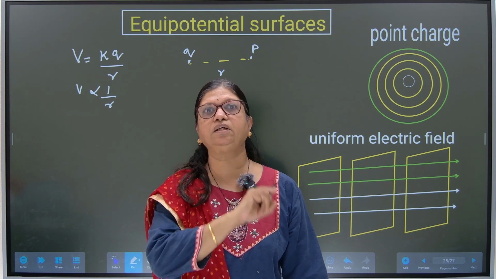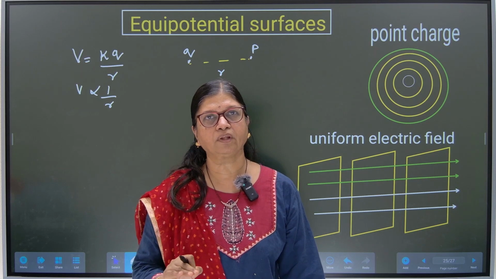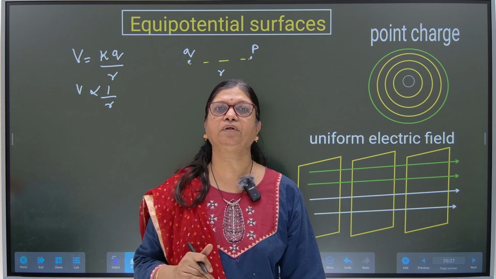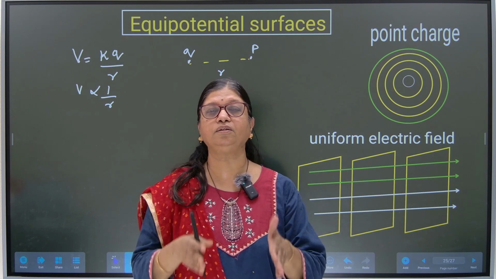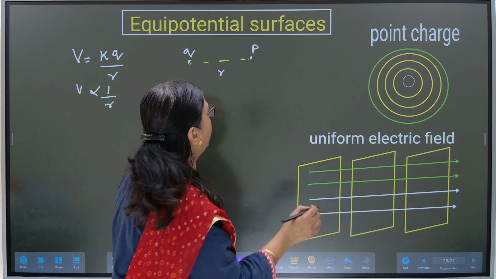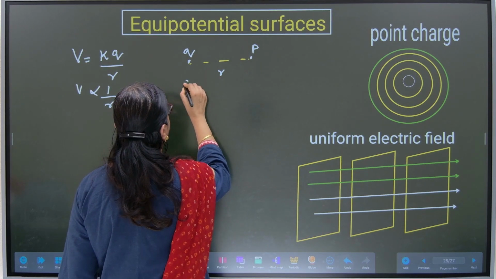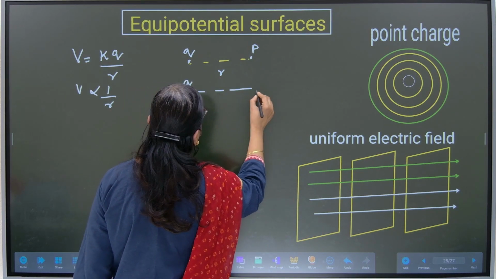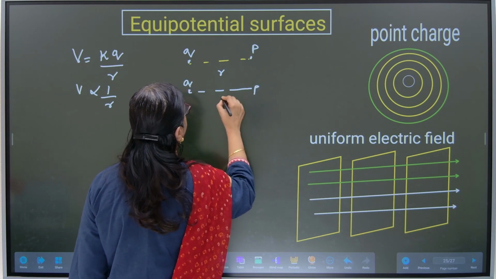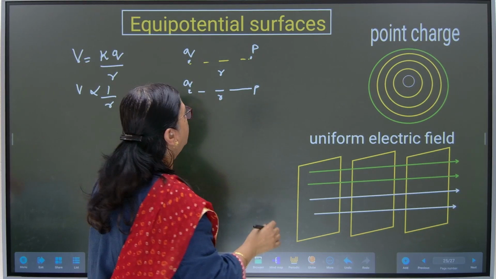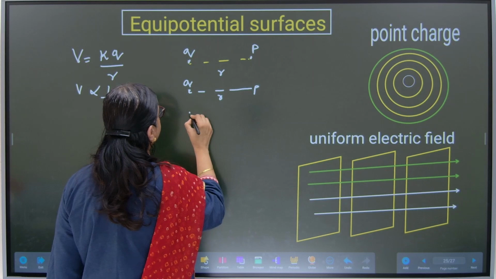So wherever the distance is same, the potential will be same. So collecting all those points where the potential is same and the charge also we have is the same, we can construct